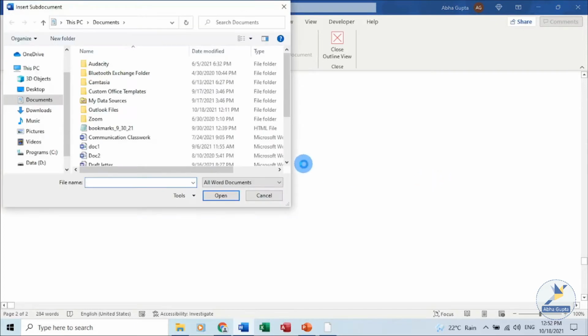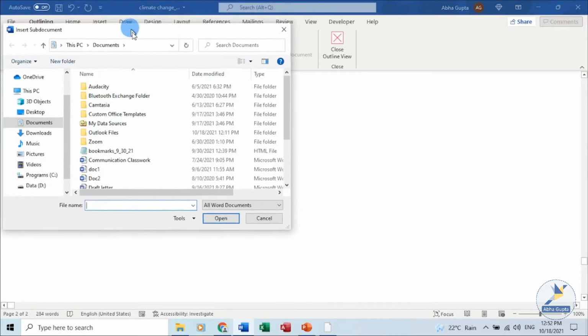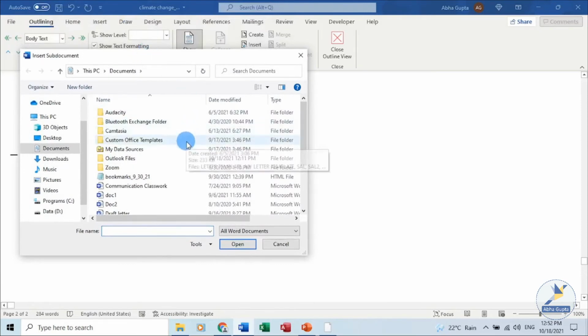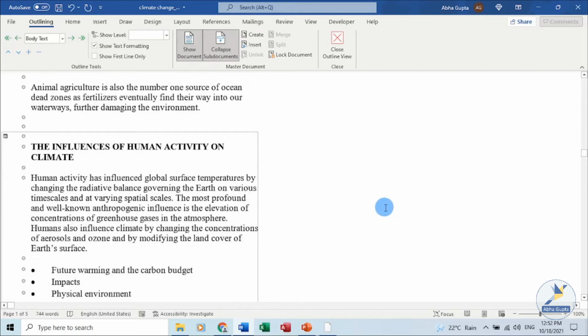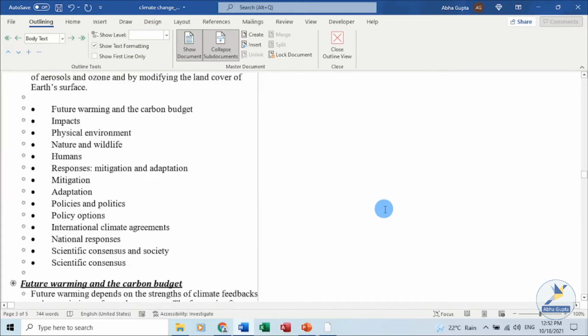Clicking on Insert will open the Insert Sub-Document dialog box. Choose the location where your sub-document is saved. As you can see, I have chosen sub-document one. It is showing the document inside a box.